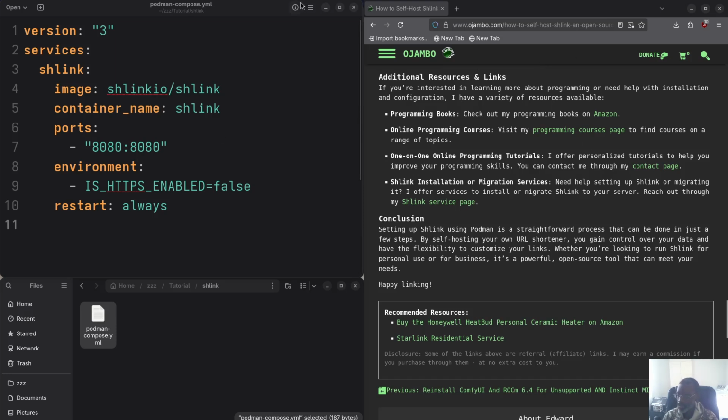All right. So as you can see, the version is 3 services. Same thing as I explained before. The only difference is I had an environment variable. I said HTTPS enabled, and I've set that to false. The reason I set it to false is because this is localhost, and I don't need HTTPS. I'm just showing you guys